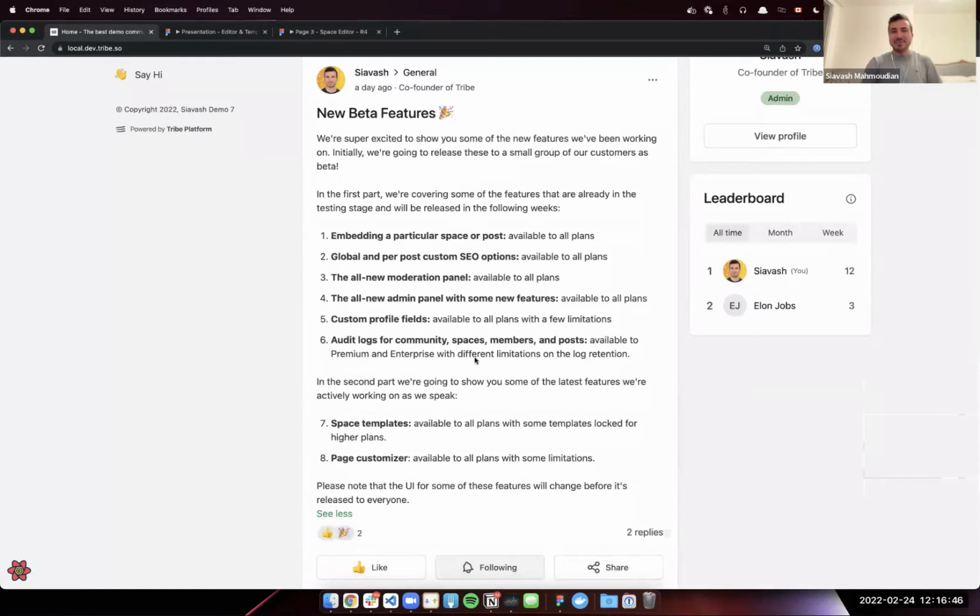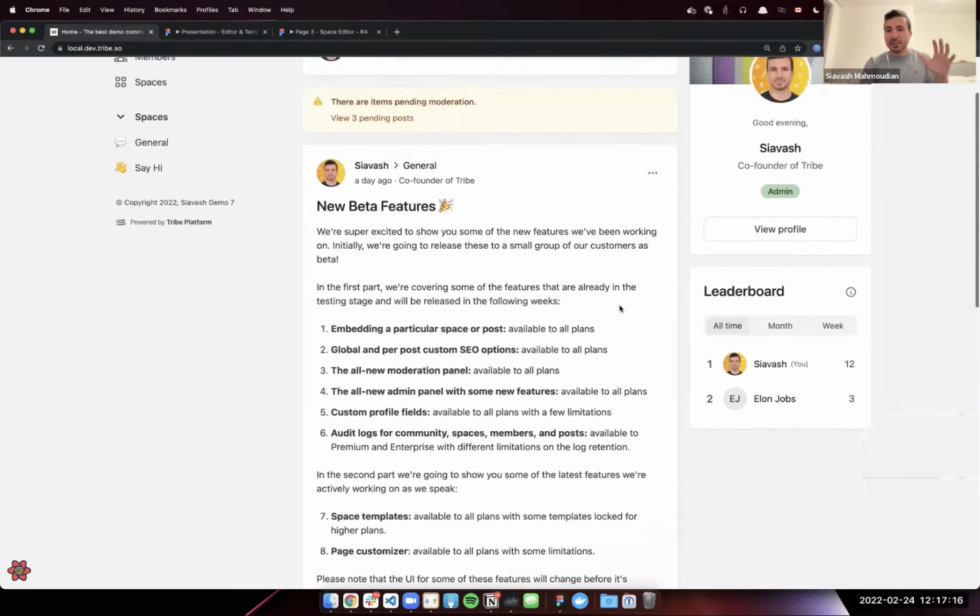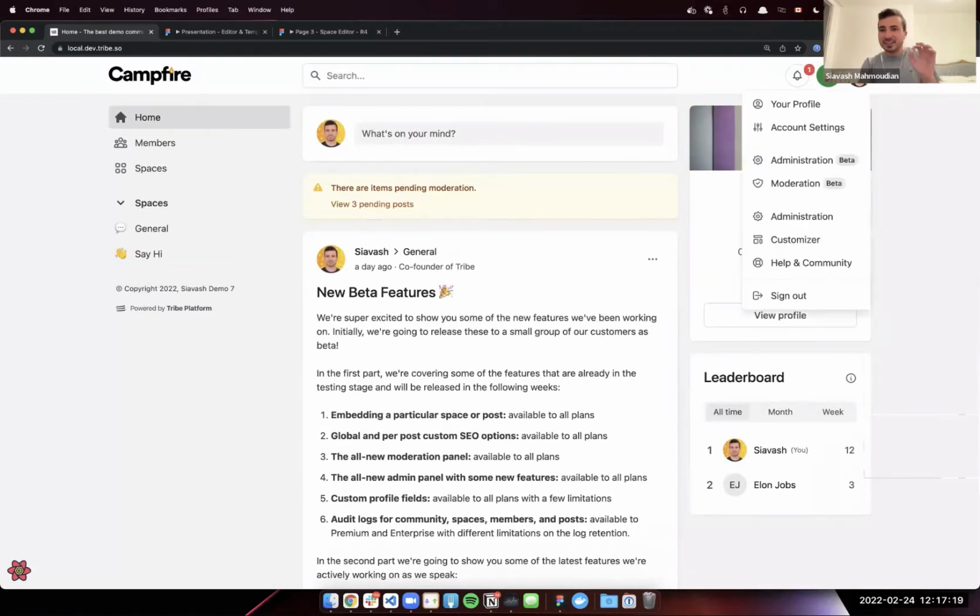Okay, next item is the all new admin panel that we are going to release with some new features. We've spent a ton of time thinking about how we can make the admin panel experience easier for all of you and also make it more powerful. In the end, your community is where your customers or audience are being connected. How can you filter them? How can you figure out how many of them have a specific criteria? We wanted to make all those things really easy for you. And for that, let's dive into this new admin panel.